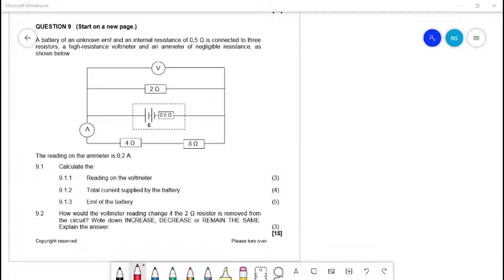Before I start answering this question, I would like to indicate that you need to always remember that in grade 12, you have an internal circuit and an external circuit. So the external circuit is